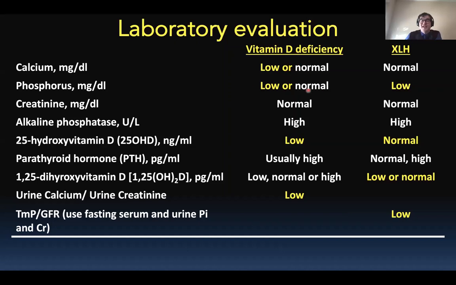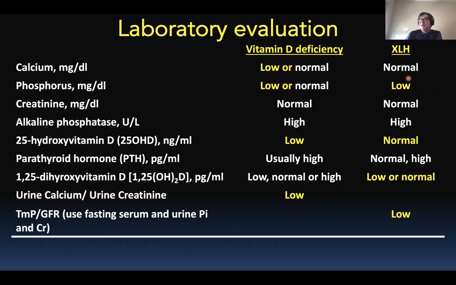In vitamin D deficiency, calcium and phosphorus can be low or normal. Obviously, the 25D is low. It's important to know that the 125D can be anything in vitamin D deficiency, so it cannot answer that particular question. And it's more useful if you're trying to evaluate patients when their 25D is normal or they have a